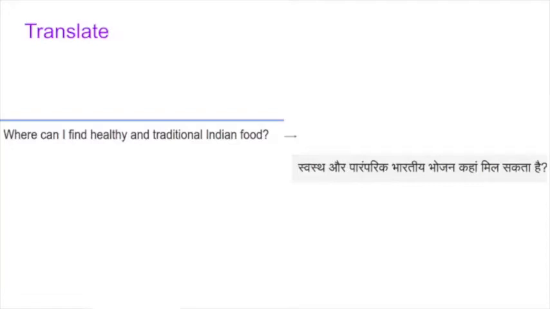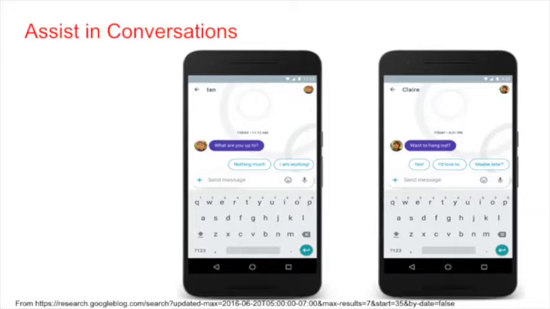A computer can now translate better than most humans. So here is an example of an English sentence being translated to Hindi, and this is just a pair of languages. Now tens of thousands of language pairs spanning the entire world can be automatically translated. Now you can converse with a computer and engage in two-way dialogue, or use a recommendation from a computer to assist a conversation you might be having with other humans, and very often your machine is able to mimic a human.